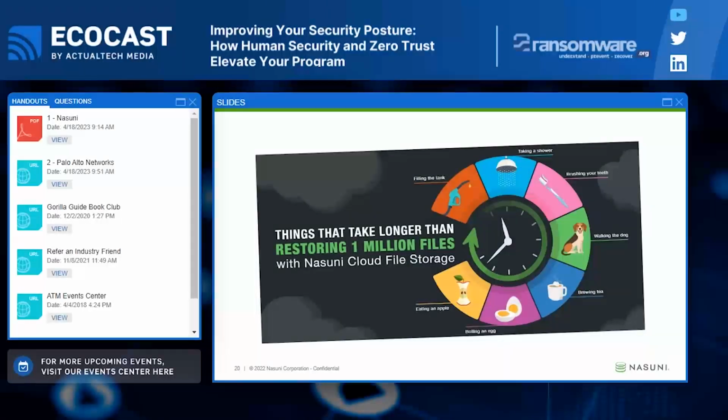You know, I mentioned earlier, Nasuni snapshots are unlimited and incorruptible, and they can be taken every few minutes, and stored in cloud object storage. So we have customers with over 1 billion snapshots, just to give you an example of how many you can have. And these can be taken every few minutes. So if you are infected with ransomware and you have to restore, you already have multiple snapshots a few minutes apart that you simply dial back to the point in time before the attack occurred without having to move or restore any data.